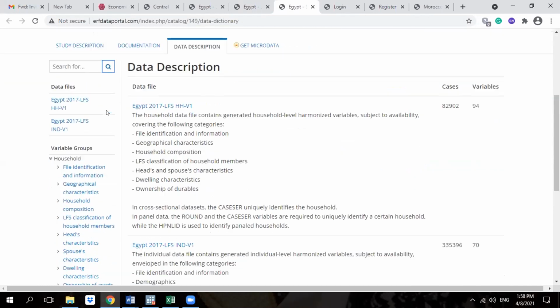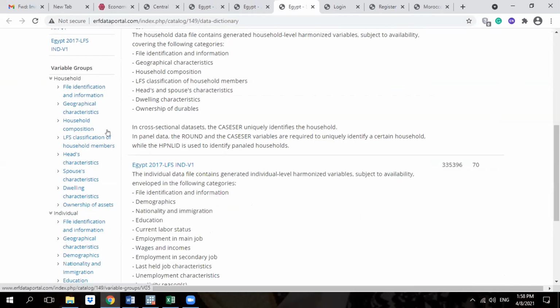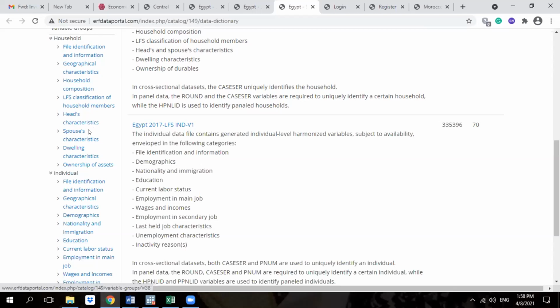You will find that this data set has two data files, one for household and another for individual. You will find the variable groups. If you are interested, for example, in spouse characteristics, you will click on spouse characteristics, and all the variables in this data set will appear. You can also see whether a variable is in the data or not.